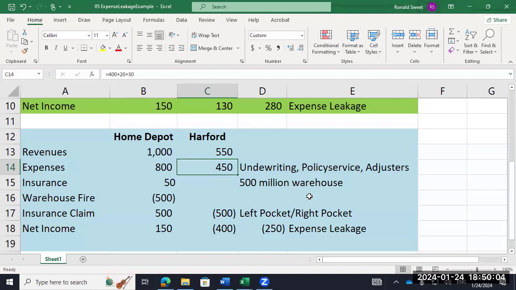And so anytime corporations buy insurance for unsystematic risk or even systematic, it's a wash in your portfolio. There's no way to get around that because of the expenses Hartford has incurred. The only time you do it is if it was going to make Home Depot go bankrupt and the bankruptcy costs are higher. Yeah, you could certainly get there.